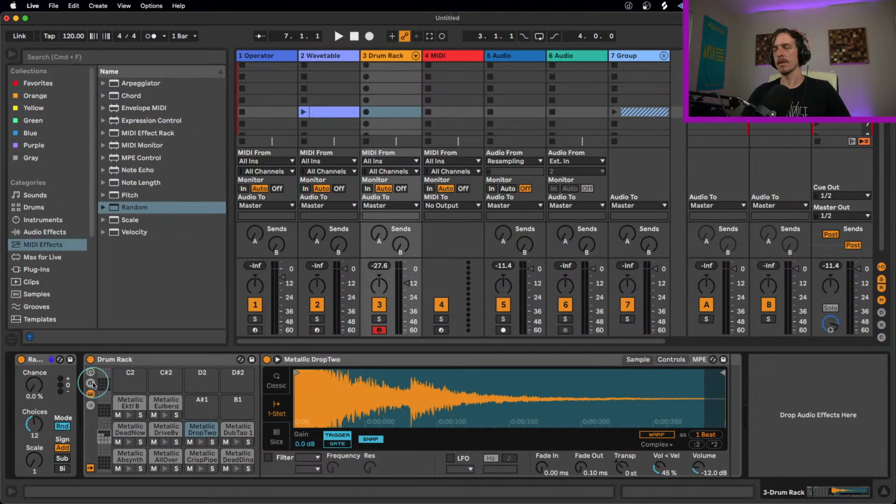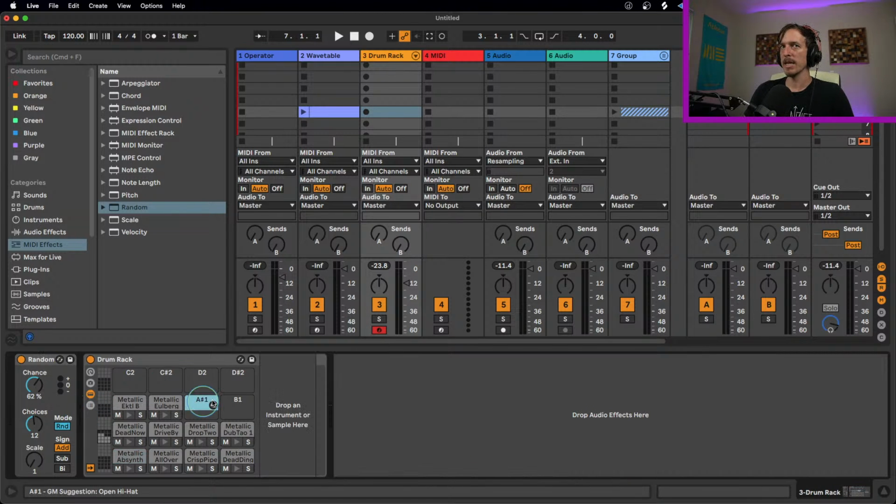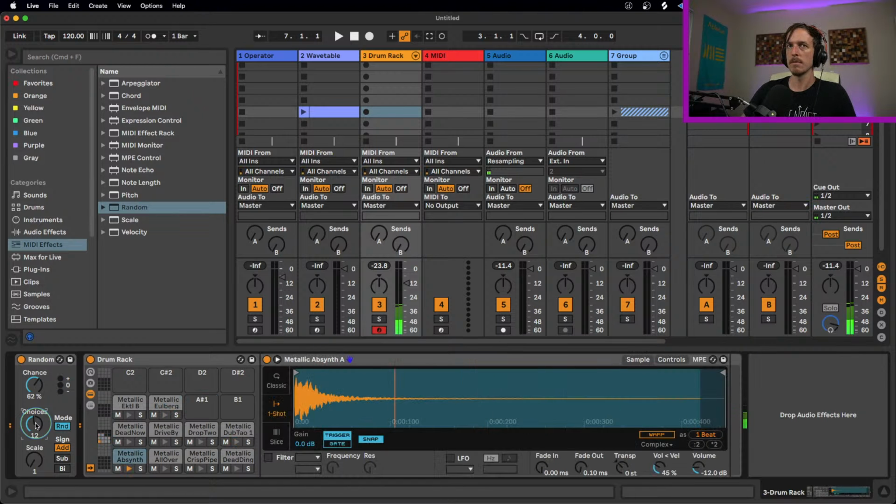Yeah, I definitely am. All right, so if I play one note, which is going to be the C1 note, right now it does nothing. If I turn my chance up to 60%, it's going to randomly pick a different note, right? The choices is how far it will go. So if you want it to occasionally pick empty notes, which I do, make sure your choices is larger than the number of sounds you have in here. So I have 10 samples with choices of 12, which means occasionally it'll pick an empty spot. Set our choices to be 14. So now that I've done that,